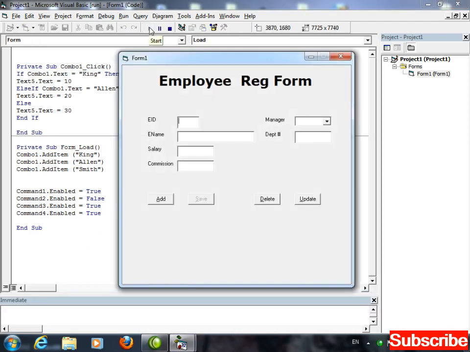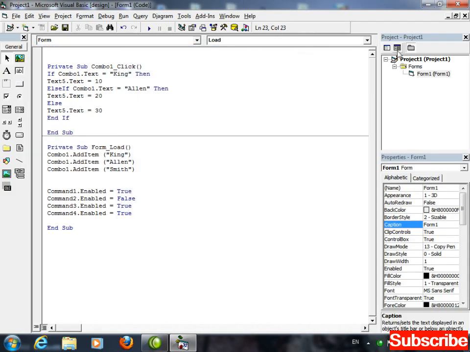Okay, that's fine. Now as I click on the Add button, I want the enable of this button true and the rest of the buttons false. Meaning to say, when you click on Add, I want the first, third and fourth buttons' enable to be false and only the enable of this button should be true. These three should be false and the second should be on. So on the click of the Add button,